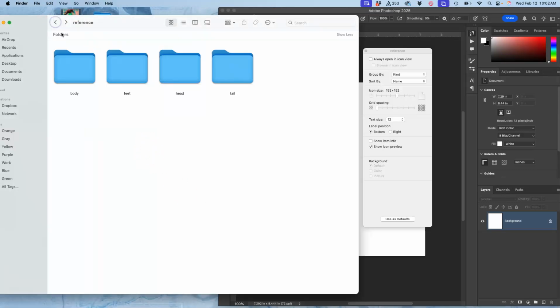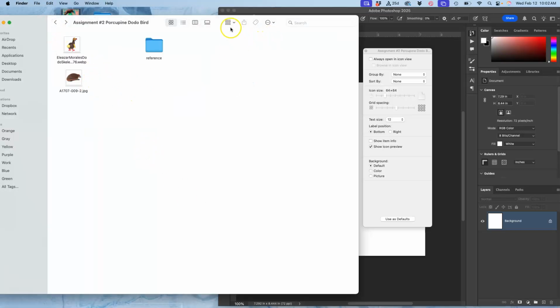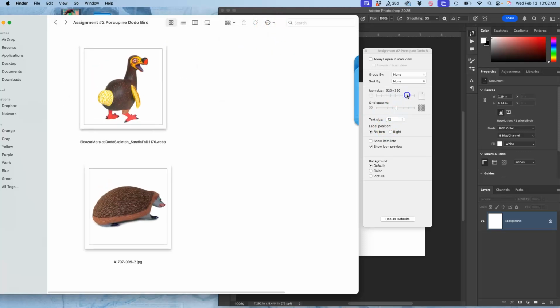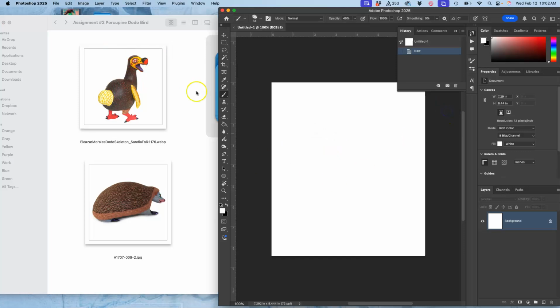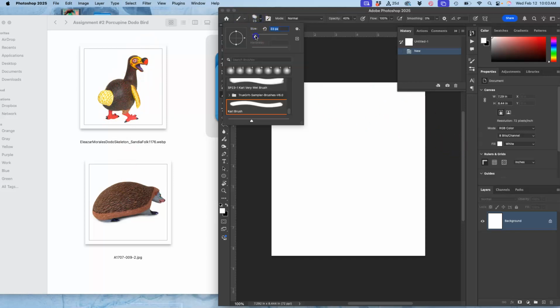I am going to start with my reference images, or my inspiration images. And I'm going to play with the view options, make them bigger. And I'm going to use them like I would use a Pokemon image to understand the anatomy I'm going for. If I'm mixing a porcupine with a dodo bird, and I'm inspired by these Oaxacan wood sculptures,